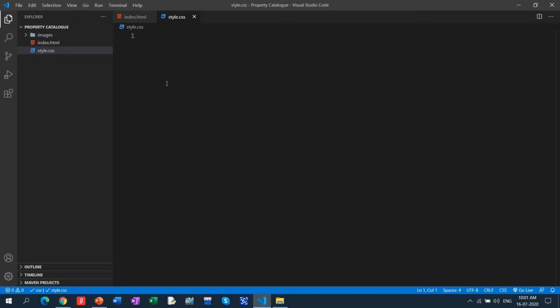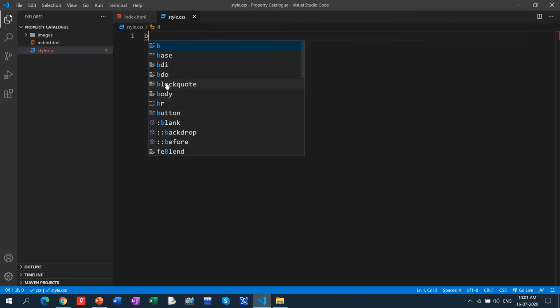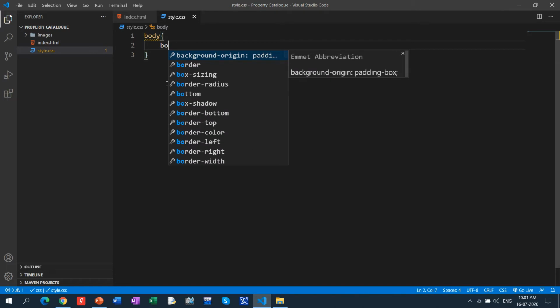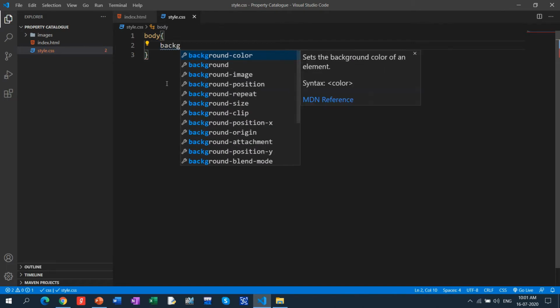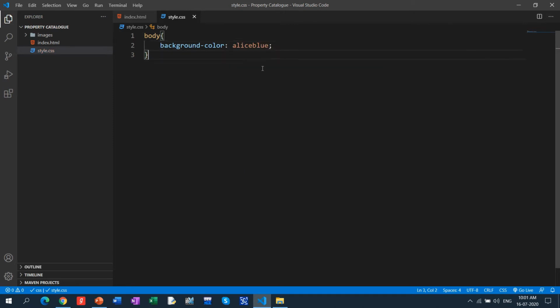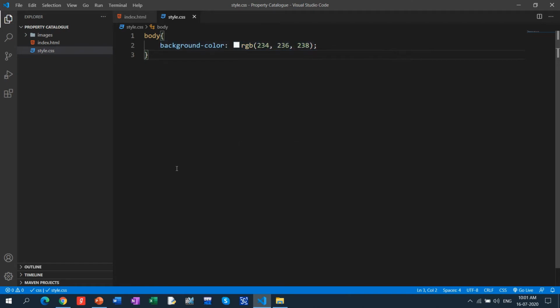First, body, and body background color. I need to put a little bit grayish color, so I move it to gray. Done.